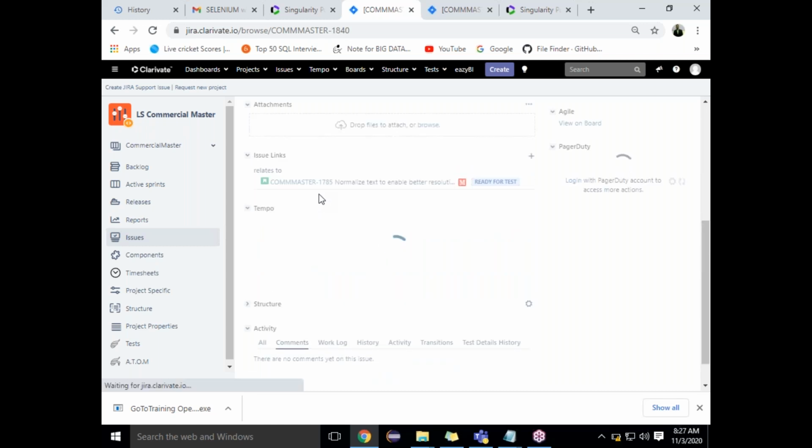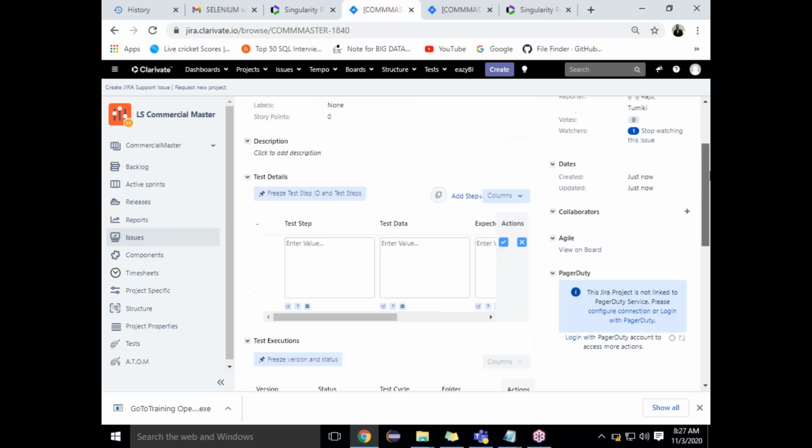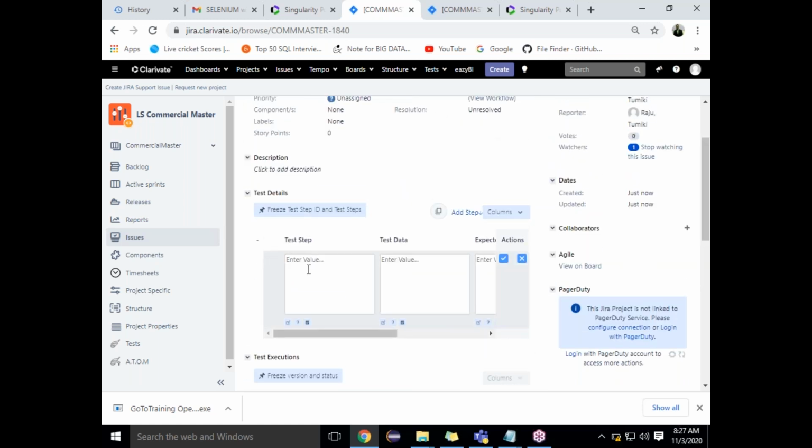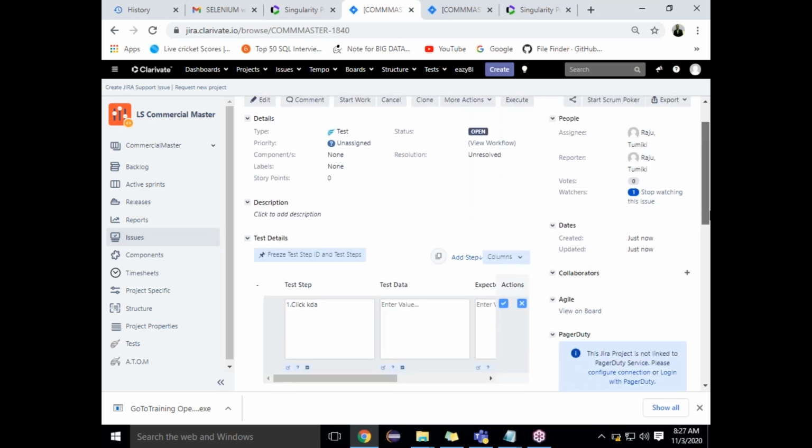Once I double click on that, you can see there will be some steps. This is the template. You have to write the test steps: what you click, what you do next. What is the test data? What are the inputs you are providing? What is the expected output? What is the actual output? Are there any attachments? You have to provide them. If you want to provide the next test step, you can go for add test steps. Are you getting it, guys? You have to write all these things.